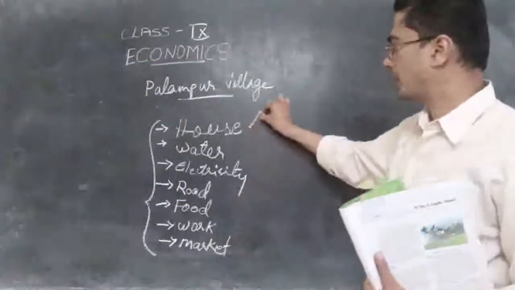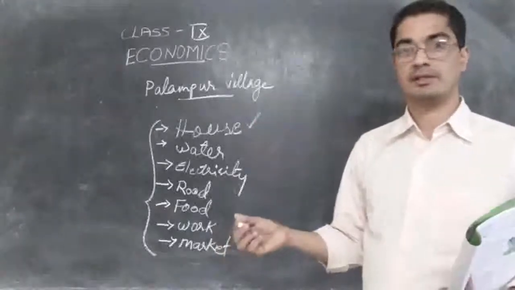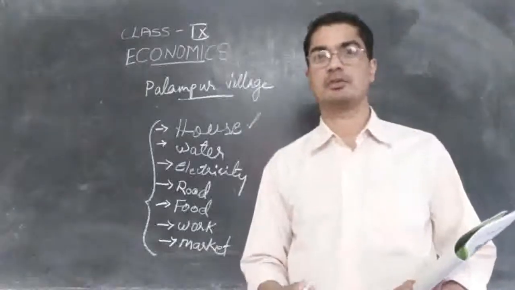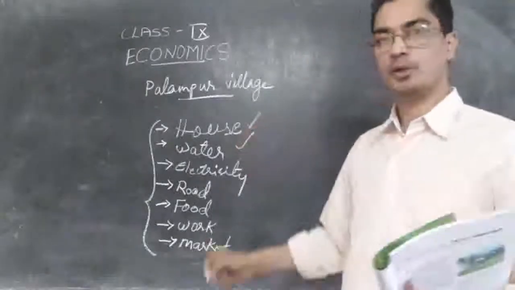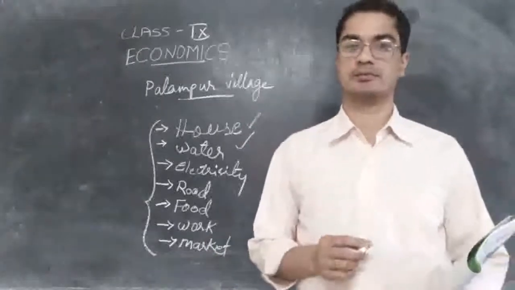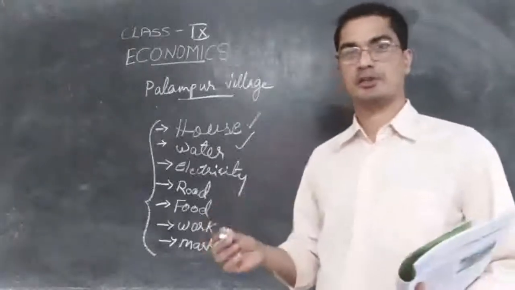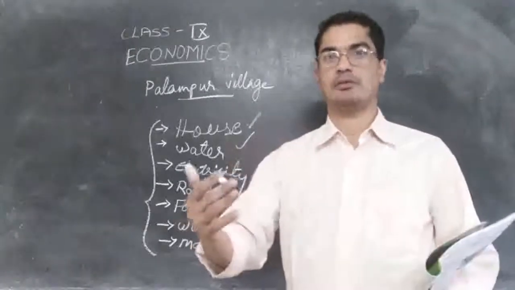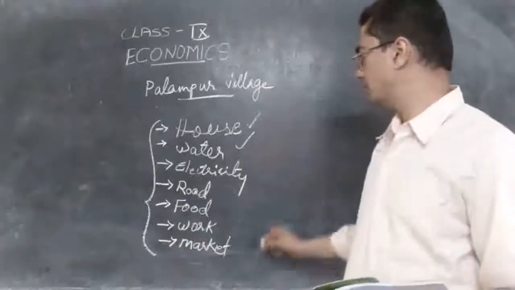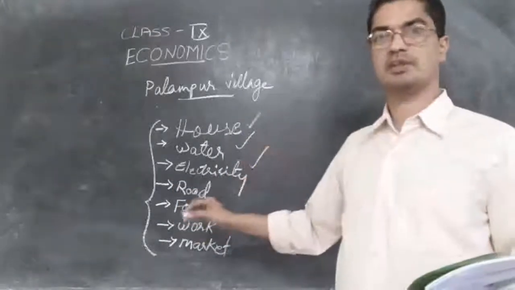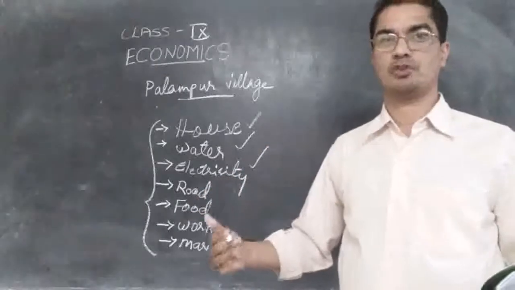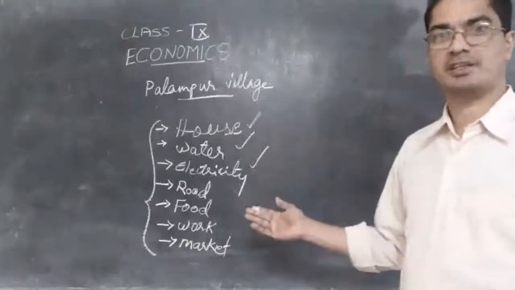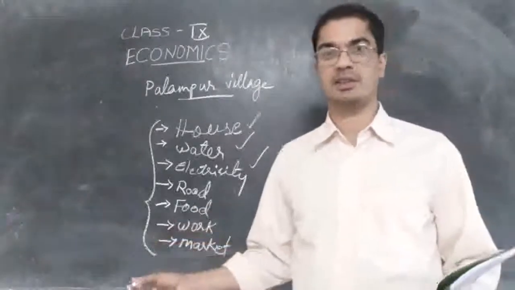So when we have a house to live, we can say I am comfortable, I am secure, I am safe from animals, from thieves and so on. Then I need water, clean water, drinking water. And also I need sufficient water for my agriculture, for irrigation, for sending water to my field and so on. Then I need electricity. If there is no electricity, I cannot do most of my work. If there is a factory, it has to work with electricity. The engineer has to work with electricity.